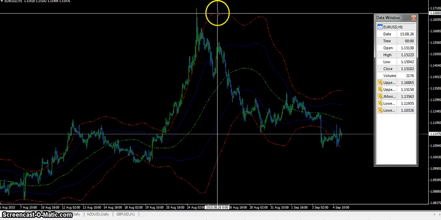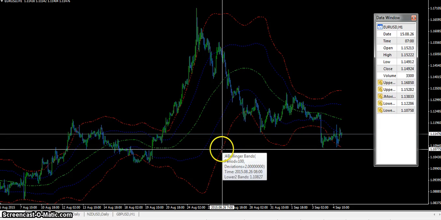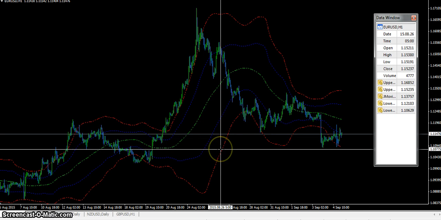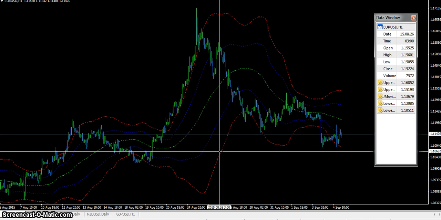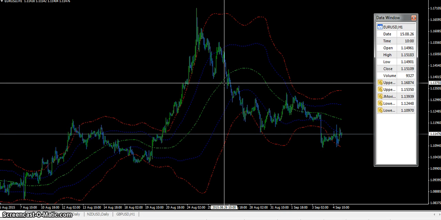Look at this area, the top one has slightly come down, and the bottom one was still going up. So basically exactly at this point we can see a contraction of the band. Contraction means the upper one has to be downward and the lower band has to be upward exactly. So that is the beginning of the contraction. Whenever this contraction starts, we can always expect the price to reach this green line,